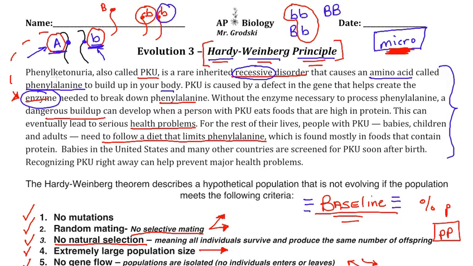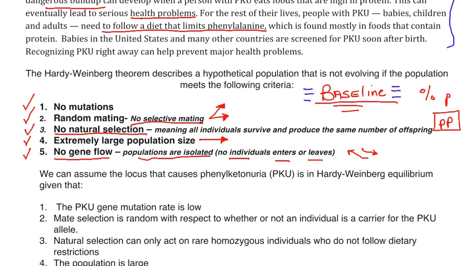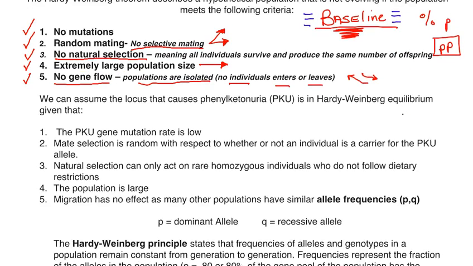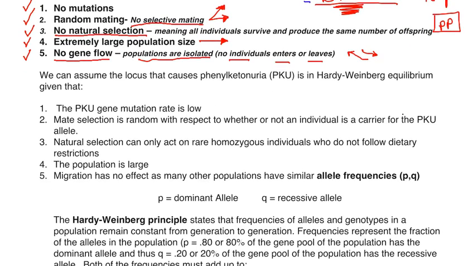That's important. And again, if we follow these five requirements, they will be steady. And from that steady number, we get a baseline. And then we can compare from this steady amount if in fact we have microevolution, if in fact they are changing. Okay, now in terms of PKU, like I said, we can assume that the five requirements for the Hardy-Weinberg